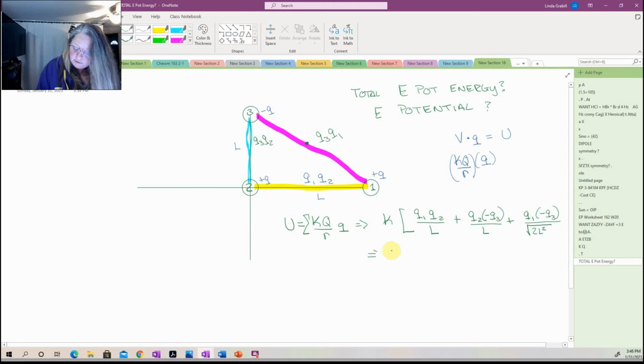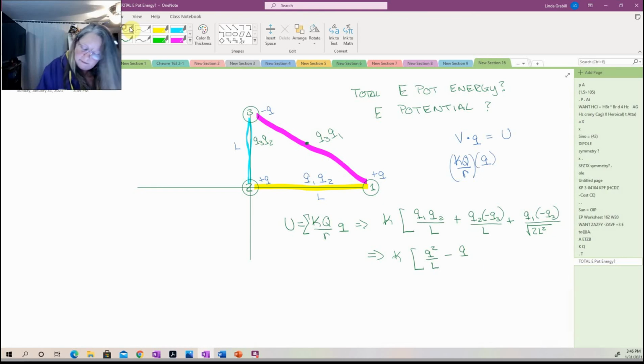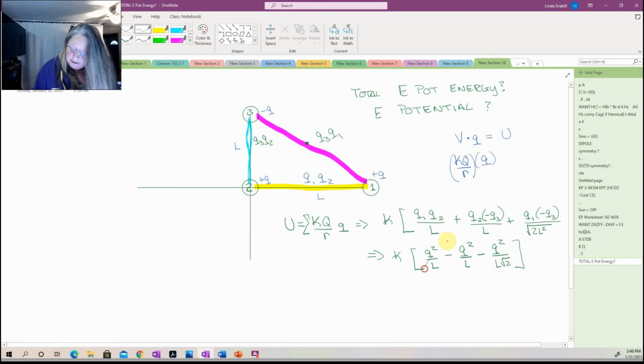So this simplifies down to k times, they're all the same magnitude, q squared over L minus q squared over L minus q squared over L times the square root of 2. So I look at this, and I get all happy. That cancels, that cancels. So this is going to go to, we can pull the negative out, negative kq squared